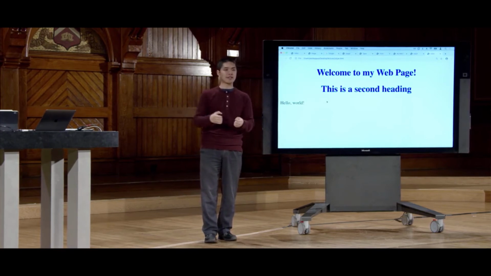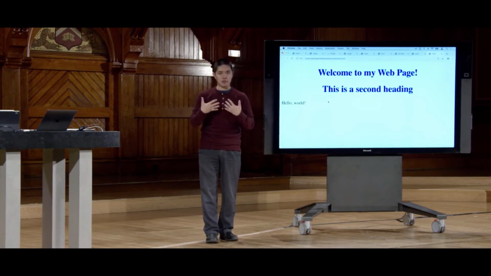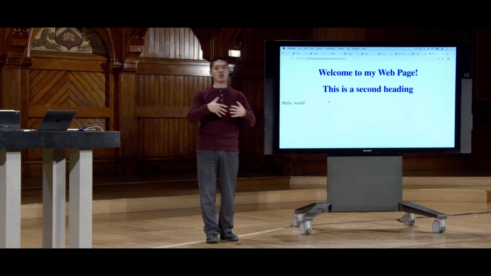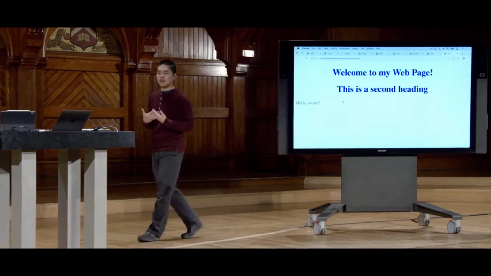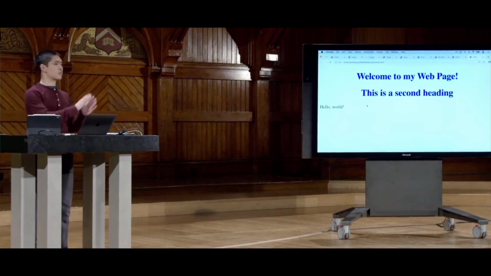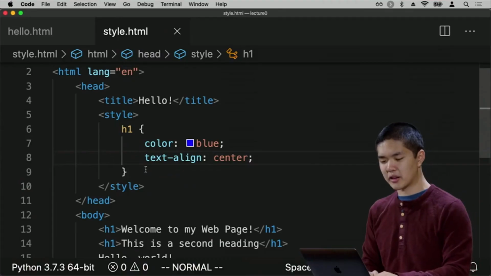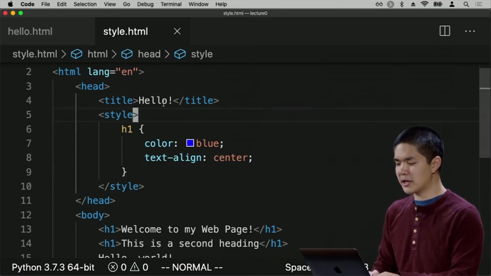If I wanted to, I'd need to copy the exact same CSS code, put it inside of another page. But then we run into the same problem of duplication, where I've now had to repeat myself across multiple different pages, putting the exact same CSS code across all those different pages. So there is an improvement we can make. And the improvement we can make is to take that CSS code and just move it to an entirely different file. So instead of putting this style code inside of a style element inside of this HTML page,